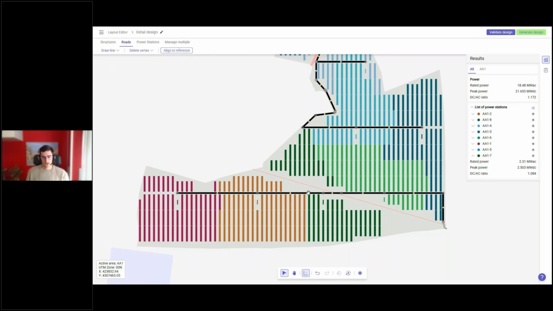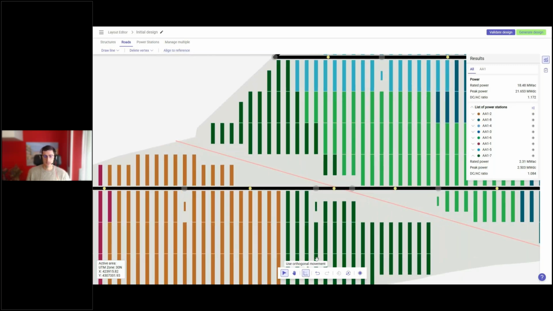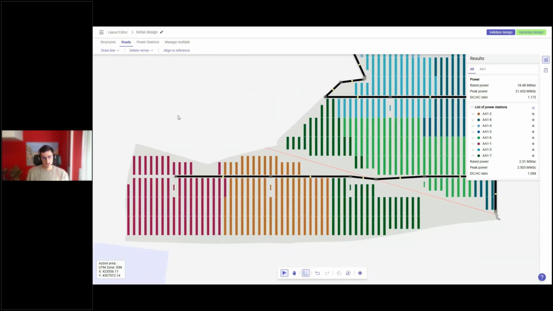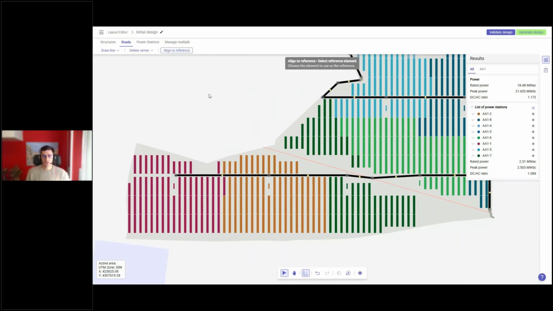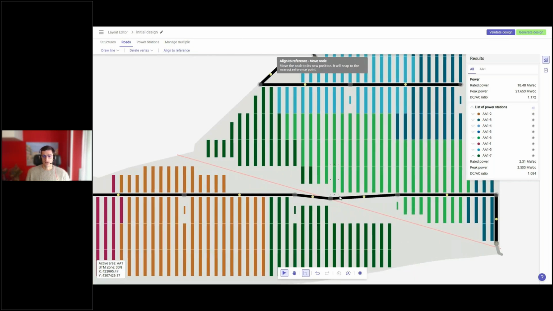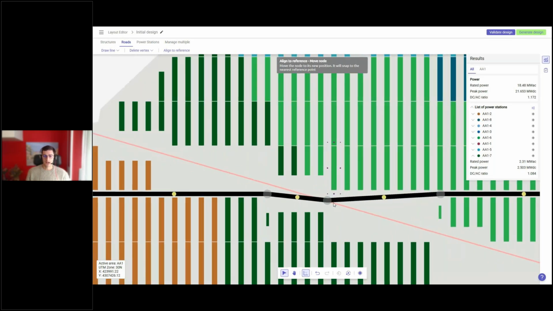Finally, to move roads, we can do that freely by disabling this option and moving the road around. Using the orthogonal movement, we will respect also the direction of the road that we are moving. And finally, we can do that by aligning nodes to reference. If I do that and click on the reference element, we'll see that as before, some points will appear, which will reflect the distance that I wanted to leave between roads and structures in this case. When I move the node, it will be snapped to